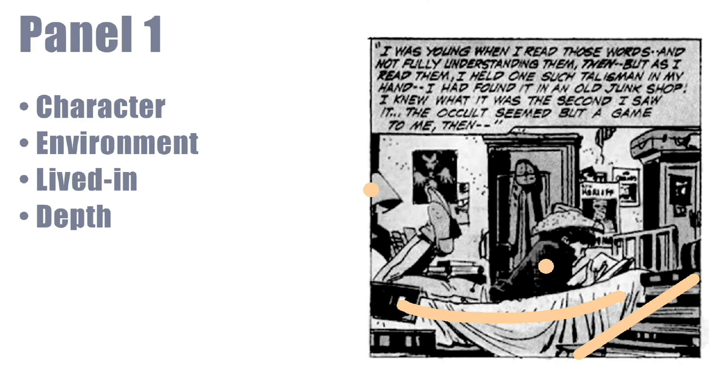The environment he's in is lived in. There's plenty of things on the wall. There's bric-a-brac. There's holes in the wall. There's a suitcase on a tall shelf. The lampshade, look at that. It's askew. It's knocked a little bit on an angle, which again creates some dynamism and makes things interesting to look at in the picture. That indicates that it's been moved or bumped or whatever else, and things just look lived in. It tells us a lot about this kid, what he's surrounded by.